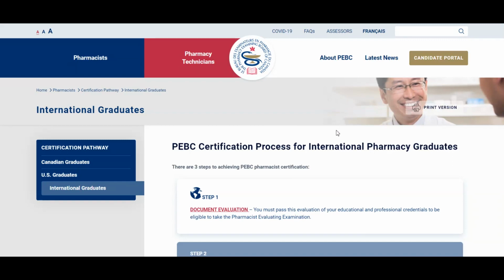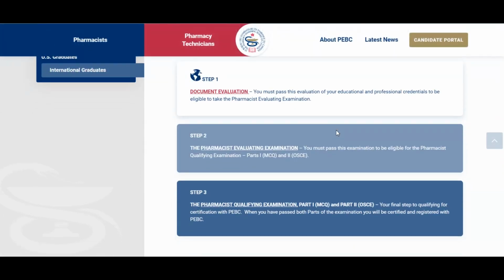and it immediately tells you that step 1 is document evaluation, but that's not true. Like, this website is poorly made, unfortunately. So it says document evaluation is the first step, and then second step is the pharmacist evaluating exam, and then the pharmacist qualifying exam. But if we click on the document evaluation,